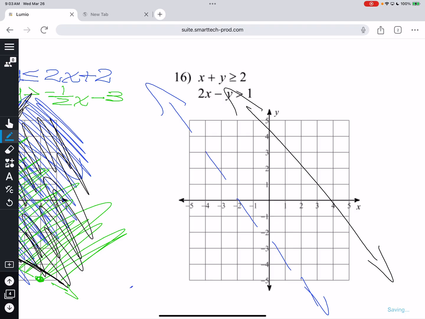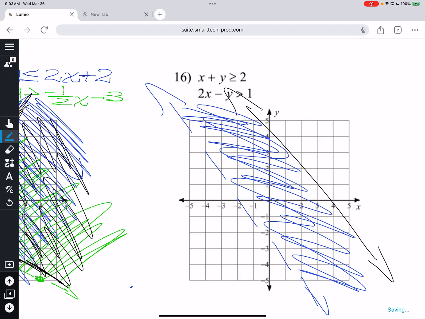If the solid were less than, it would go below it, and if the dotted were greater than, you would have an area just like this. That's why I did an example. But if you end up not sharing any shading, it would be no solution. Now, let me stop this. Your homework